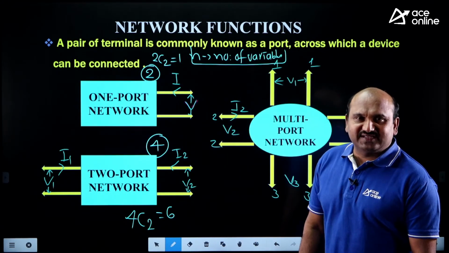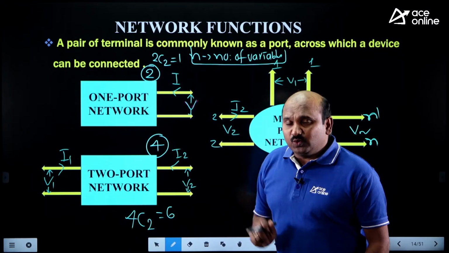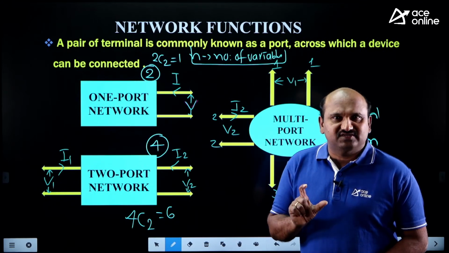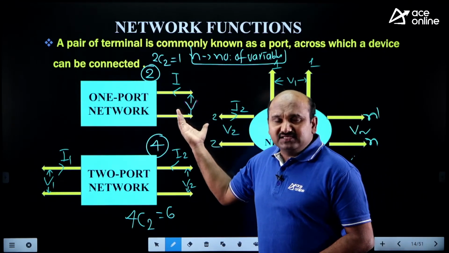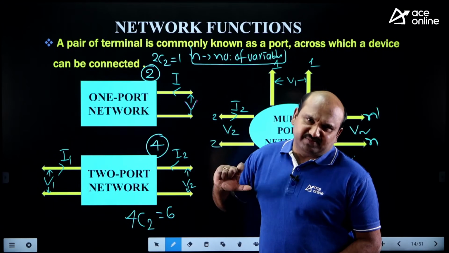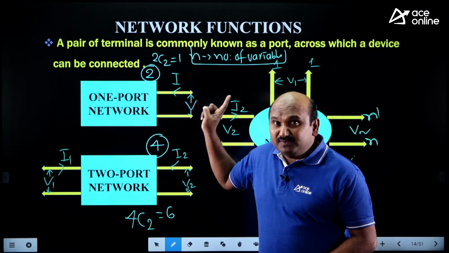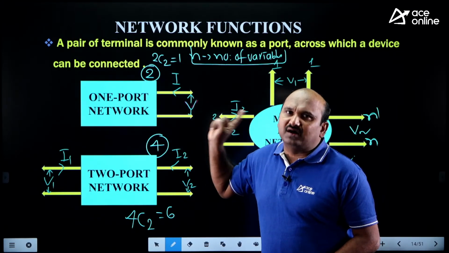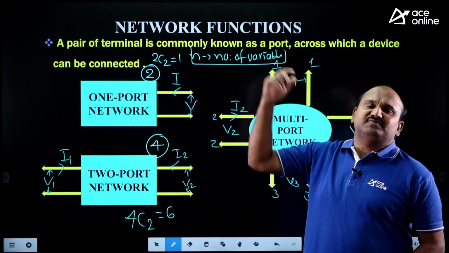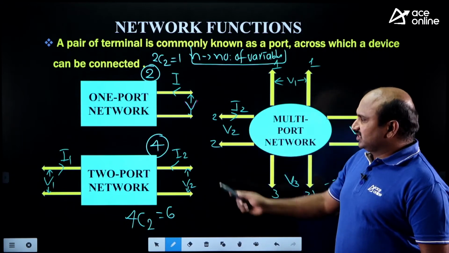Now let me take the network functions. Already we have seen network functions for one port as well as two port. For one port, the type of function we can take is the driving point function, because only one port: either driving point impedance or driving point admittance. These are the two types of functions, impedance and admittance only, right? While coming to the two-port network, you know Z parameters, Y parameters, so many types of parameters, driving point function, transfer function, everything we will discuss, right? Everything exists in this one.